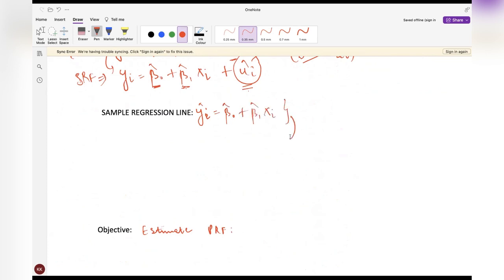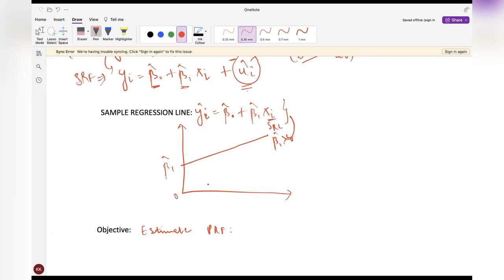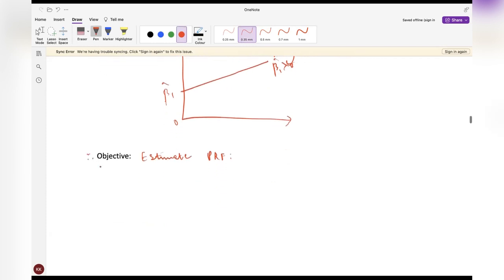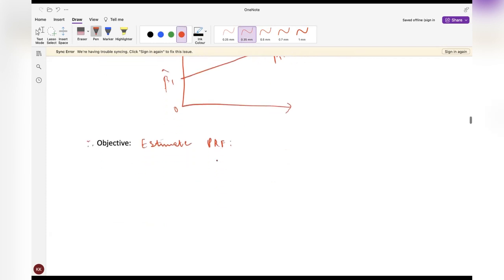So if we plot this graphically like this, if xi is 0, we will have it as, let's say, beta naught hat. And assuming that beta 1 hat is positive, our SRL, our sample regression line, will be something like this. For different samples, this sample regression line will vary. Fine. So from our discussion so far, our objective is to estimate the population regression